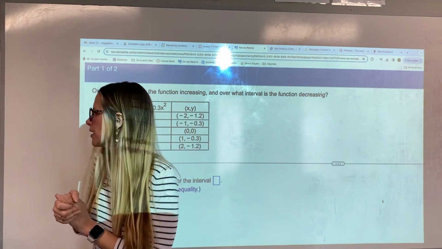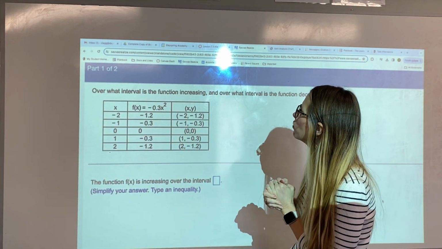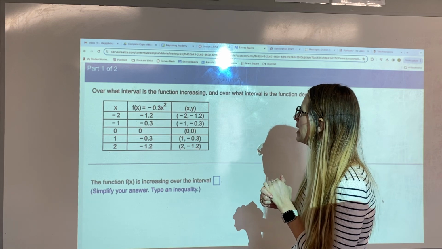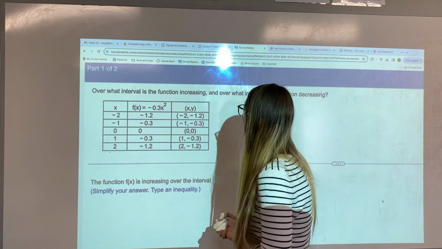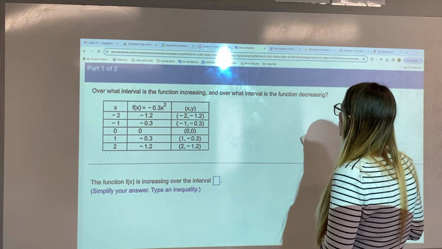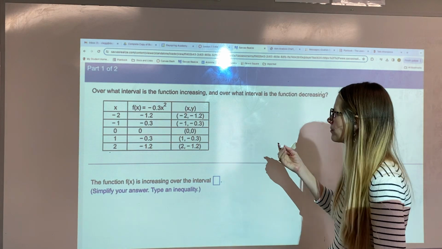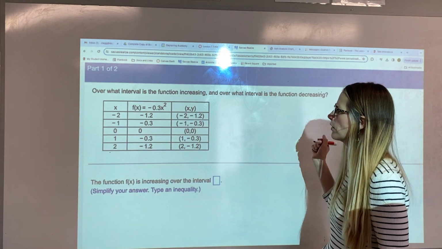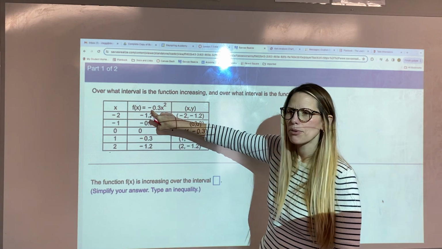Okay, next question. Oh, look at that table of values. That is intense. Over what interval is the function increasing? And over what interval is the function decreasing? Now, do you guys agree that, okay, well, first of all, is this gonna be a happy parabola or a